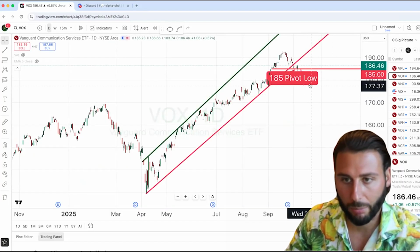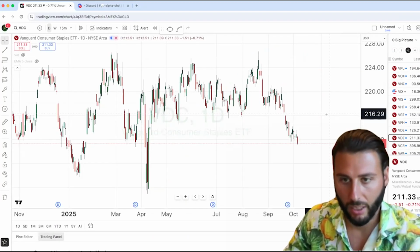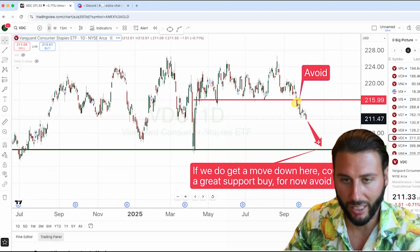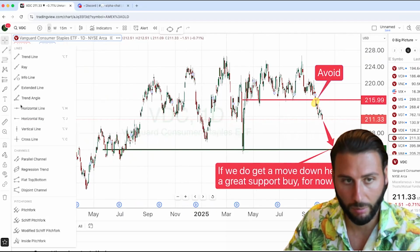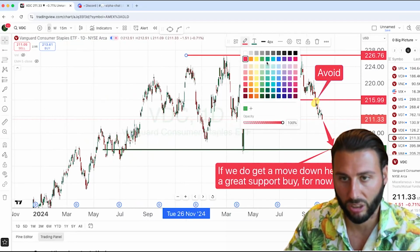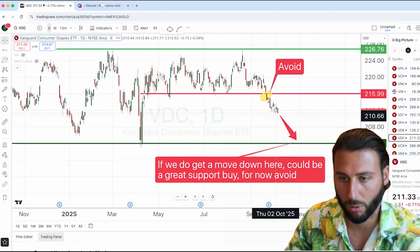Now, telecom has been the only sector other than consumer staples. Look at staples for a moment. Consumer staples really has been the only big avoid in this rally. It broadly looks amazing, flagging at all-time highs. We've been keeping a close eye on this breakout through all-time highs here, but it just has not been able to break. And the more times you see a test of support,